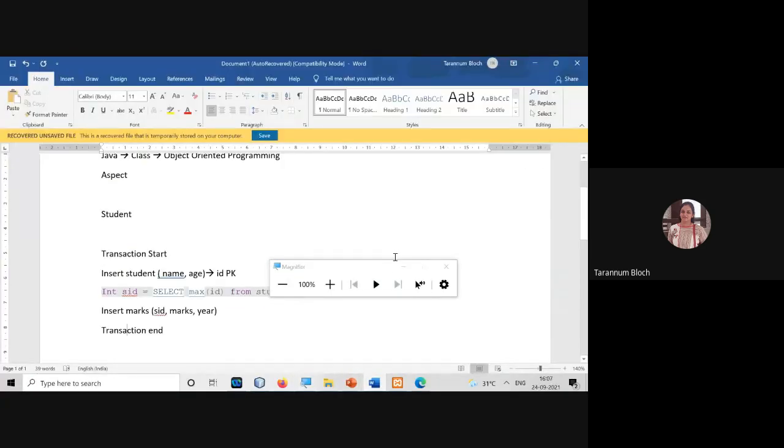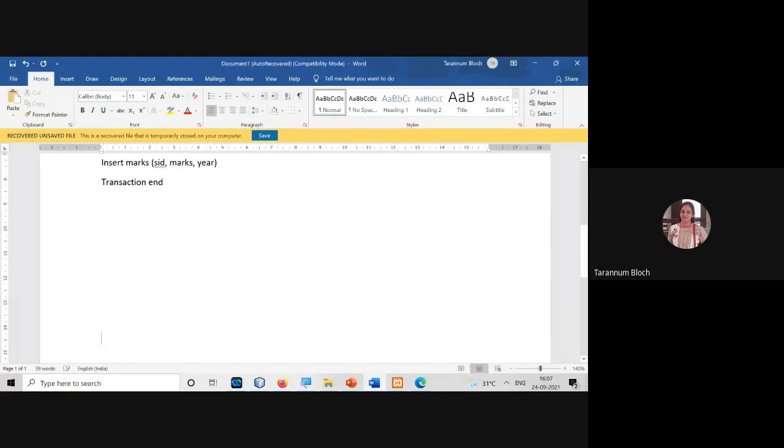ID is the primary key of the student table, and SID is the primary key of the marks table. So I said select star from student comma marks where student.id is equal to marks.sid.